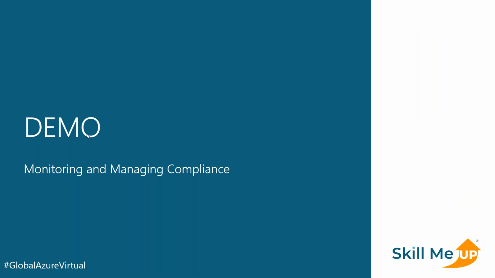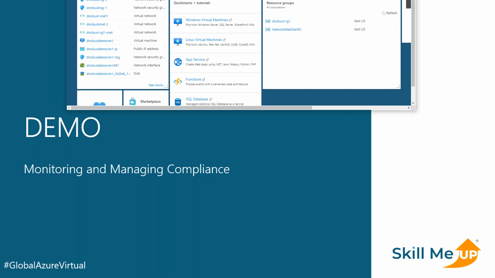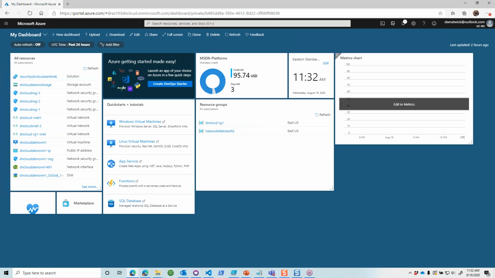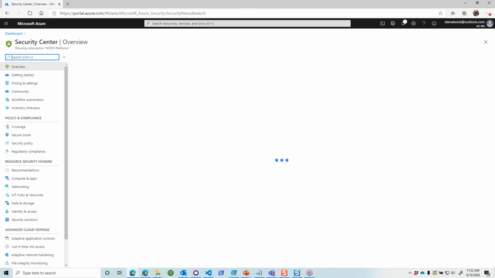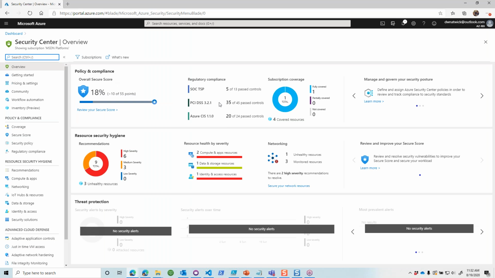So let's jump into the Azure environment. So I'm in one of my Azure subscriptions right now. I'm going to jump into another one to show you something else as well. But let's look at Azure Security Center within this environment. So you can very easily type security right up here, and Security Center comes up. Since I was on this recently, it's right in my recent services. So when I go into Security Center, it's going to open up and it's going to provide me with this